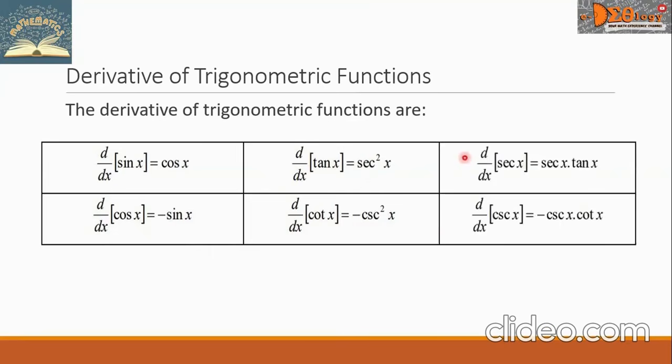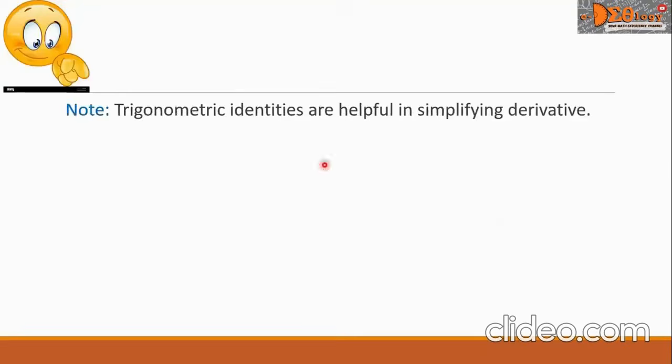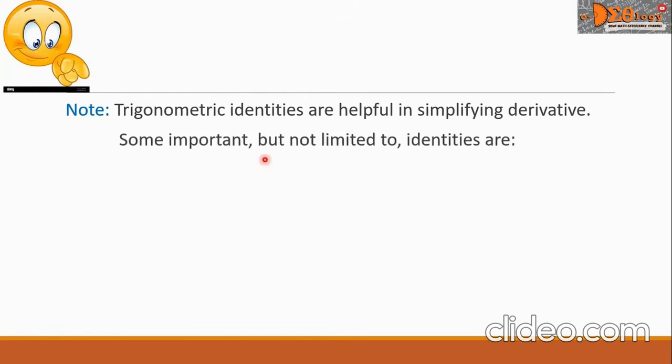The last two, we have d over dx of secant x. This is equal to secant x times tangent x. The last is d over dx of cosecant x. This is equal to negative cosecant x times cotangent x. Take note that trigonometric identities are helpful in simplifying derivatives. Some important but not limited to identities are